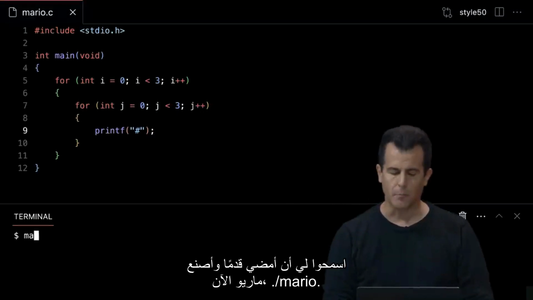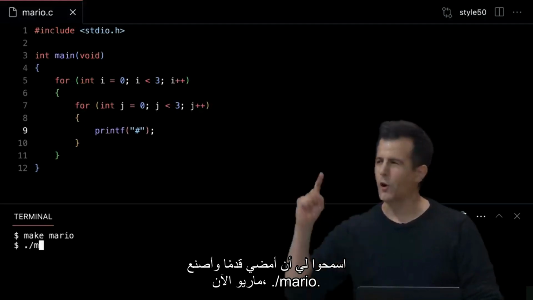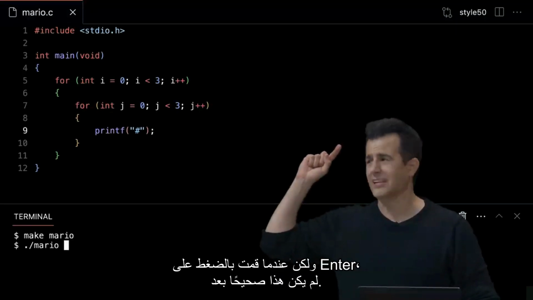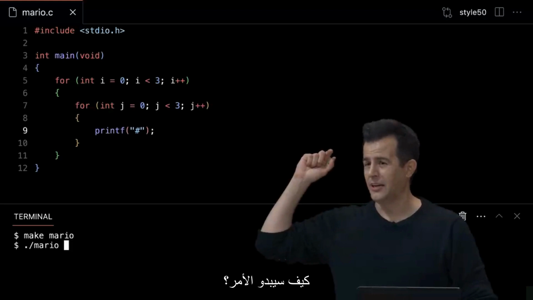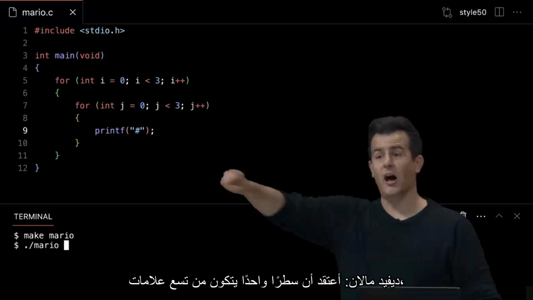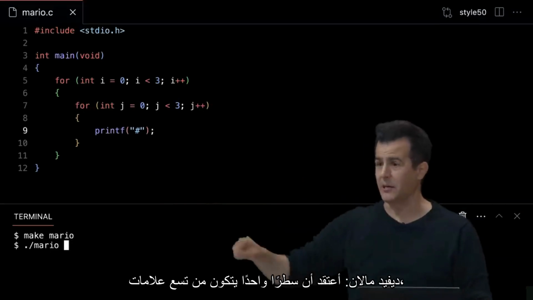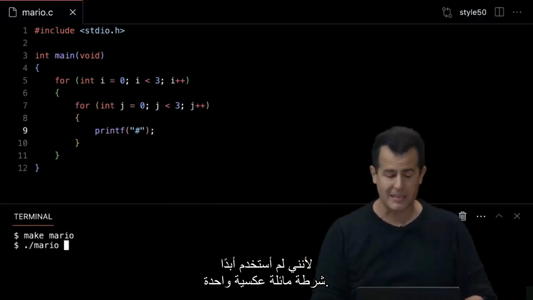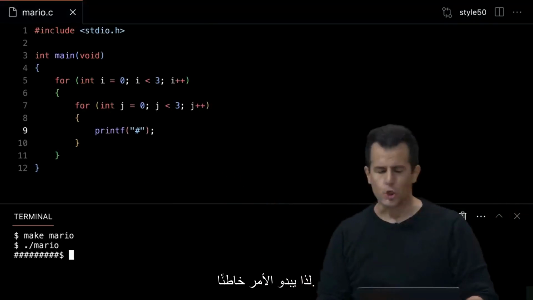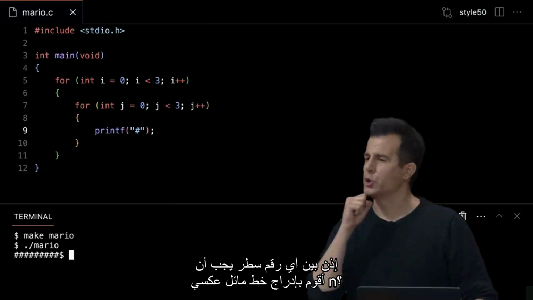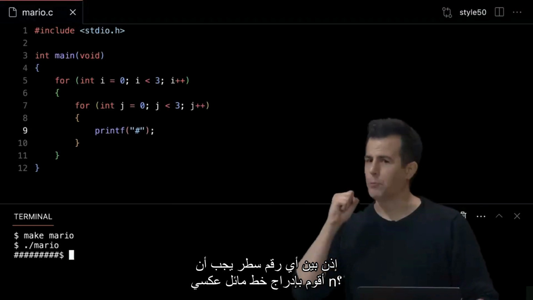Let me go ahead and do make Mario now, ./mario. But when I hit enter, this is not correct yet. What's it going to look like? A single line of 9 hashes, I think, because I never used a single \n, so that looks wrong. So between what line number should I insert a printf of